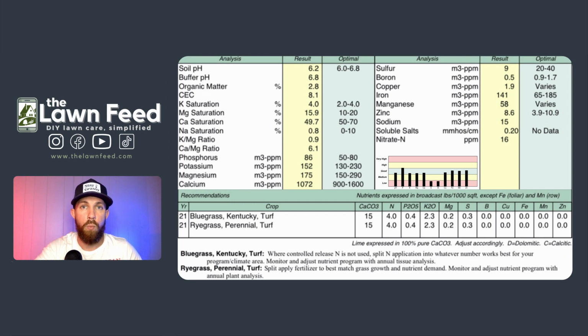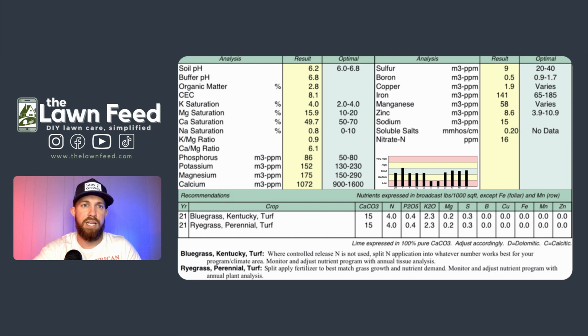You need to have warm soil temps, you need to have a moist soil, and you need to have it to be well aerated. These applications are more successful if they're done during a renovation. So if you have bare ground, you can actually put down more sulfur at that point. You can till it in, you can water it in heavy, and you won't have the potential to burn the